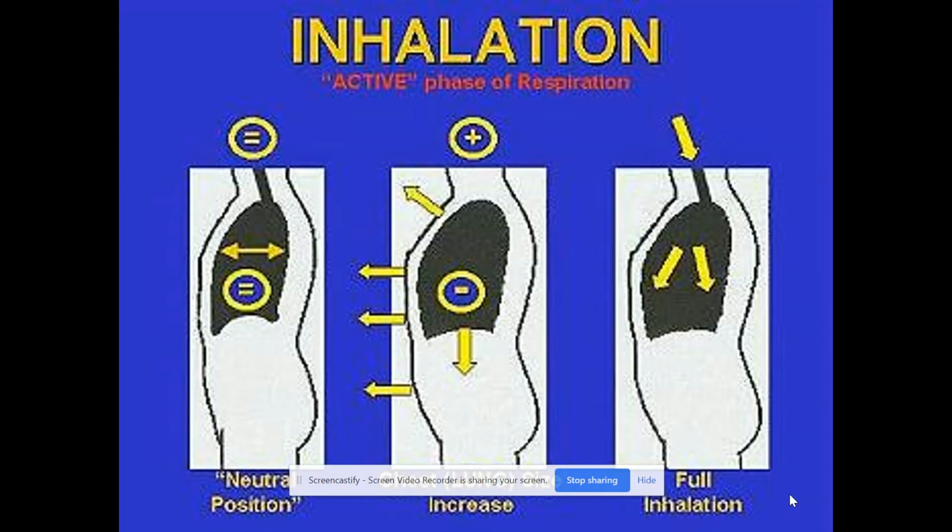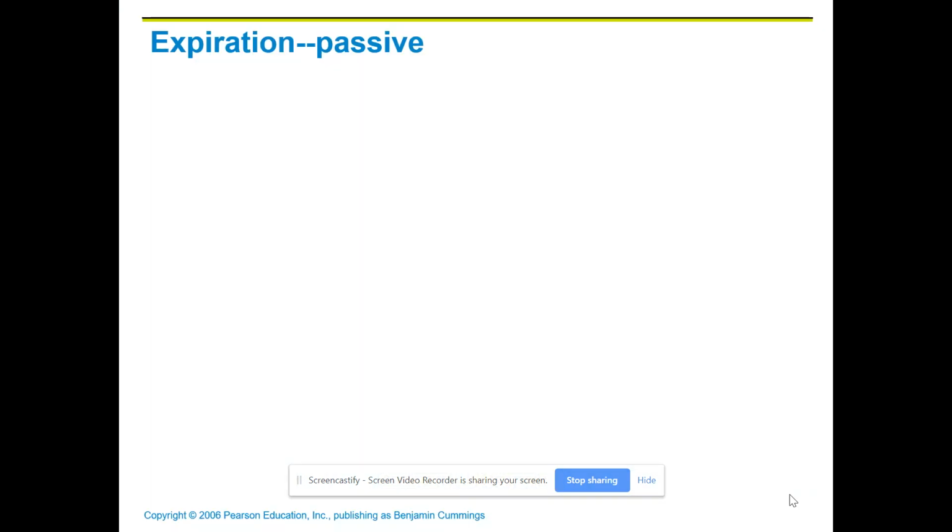So if we look at this graphic, the far left is a neutral position. And look, the pressure in the lungs and the pressure outside are exactly equal. But when the inspiratory muscles contract, this middle picture shows what happens. The chest cavity gets wider. It also gets longer. So volume goes up. Pressure is going to automatically go down. Now the pressure on the outside is higher than the pressure on the inside. And so air will flow in. It will flow in until the two pressures are exactly the same.